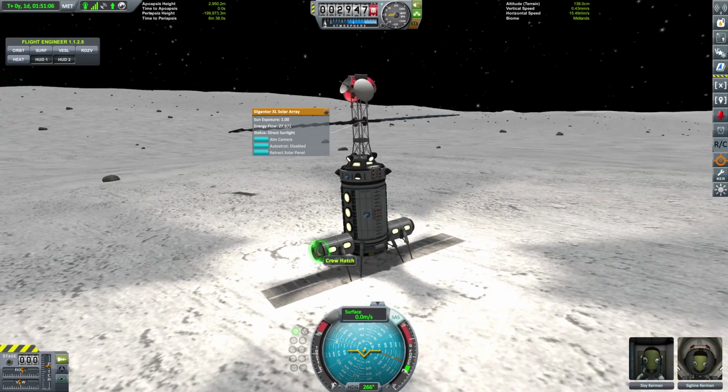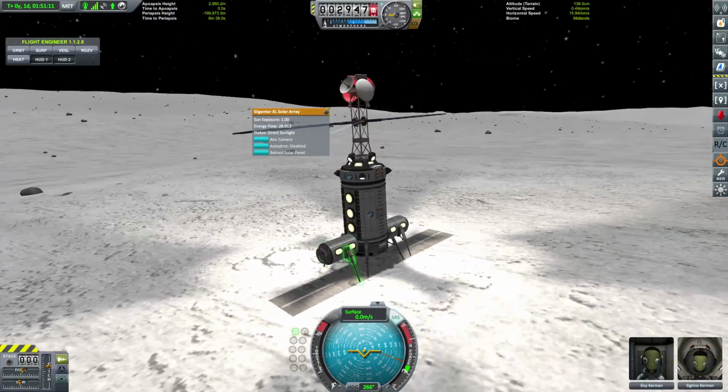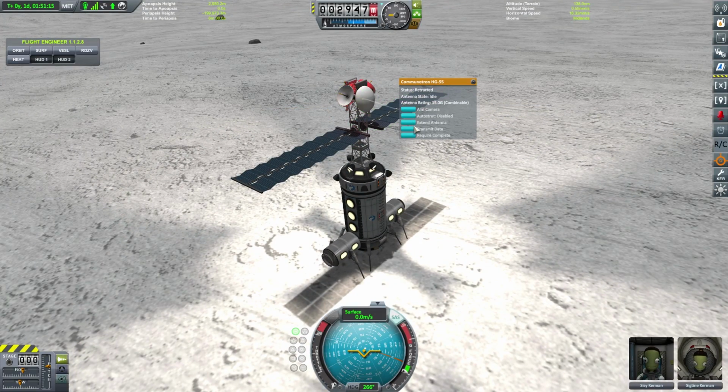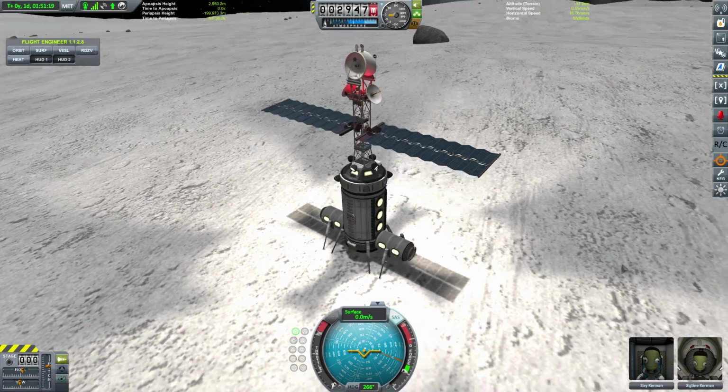At the very least it's flying off somewhere else, it's not going to land on the base. But we've got a nice little red light up the top, and we'll extend our antennas out. 1 and 2. I should have really put these on a...